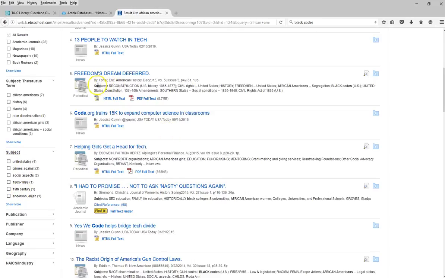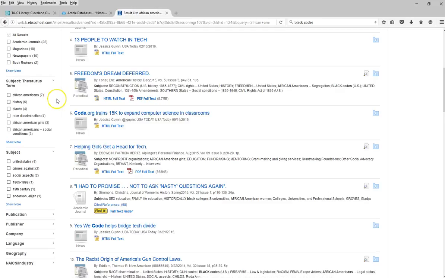And what you're actually looking at are these subjects. So you can see that African Americans segregation is one of the terms that's been applied as an official controlled vocabulary term for article number 5. A little farther down, though, you'll see that number 7, African American girls, came up as a result because we simply did a keyword search for African Americans.